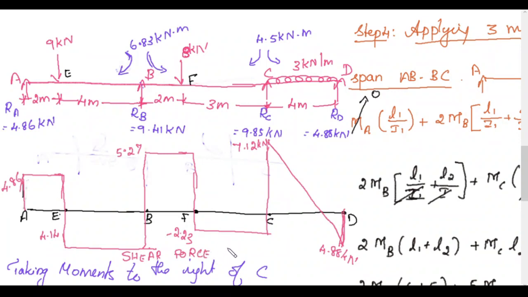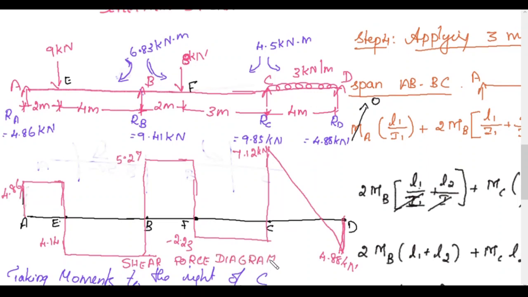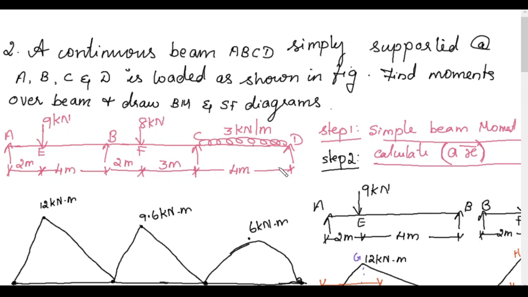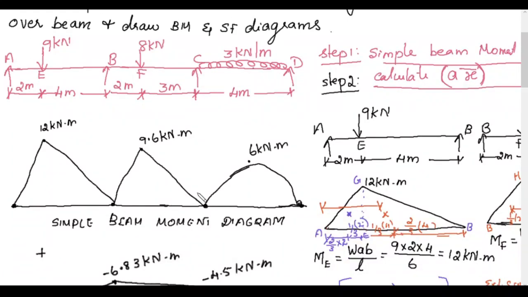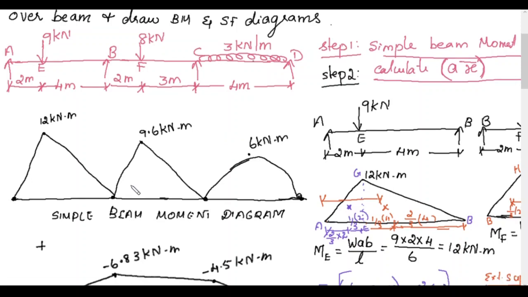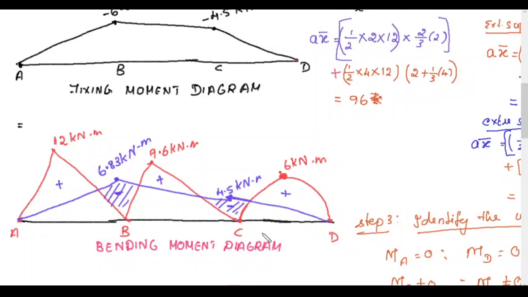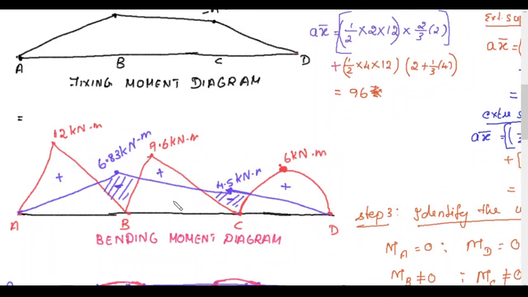So now we have completely analyzed our 3-span continuous beam with simple supports. Okay, so listen. This is our given diagram. The simple beam moment diagram by considering all the supports as simply supported. This is the fixing moment diagram. So fixing moment at A and D, extreme simple supports, is equal to 0. Intermediate supports alone you will have the value. You add these both, you get this diagram. So this is the expected bending moment diagram.